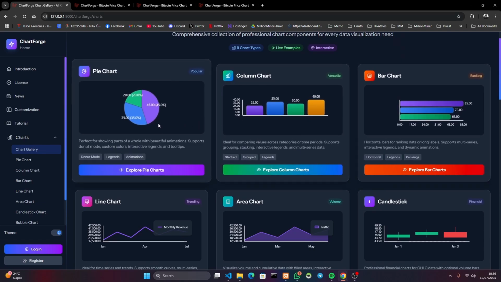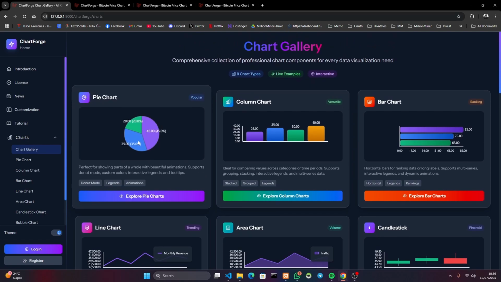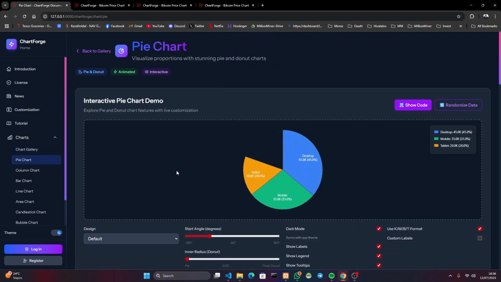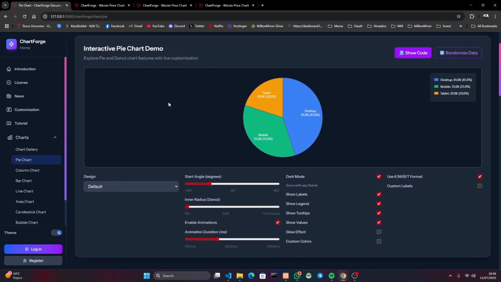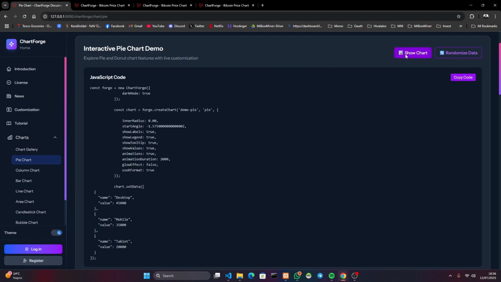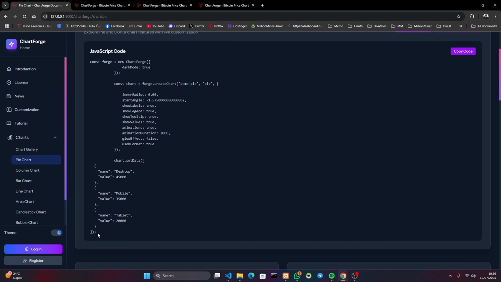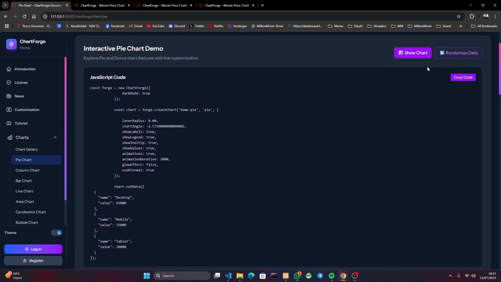So what you can do here is that, let's say we explore our first chart, shall we? Let's explore the pie chart. Now the pie chart, when you land here, it has an interactive demo page, which basically means that each of these customizable options that you can set up here are going to directly modify the code itself. If we click here into the code right here, you see that this is basically the code which will render